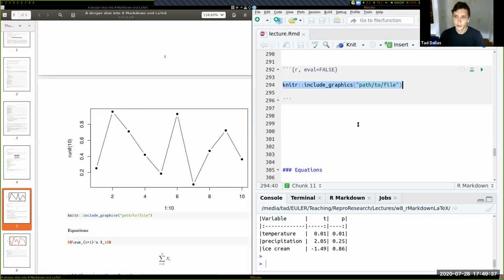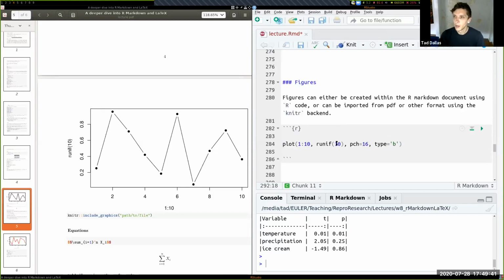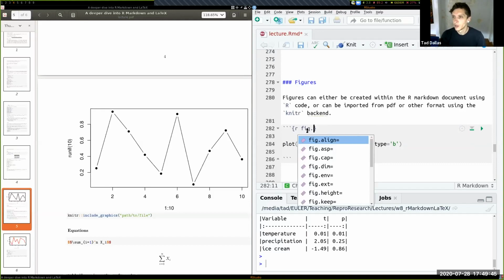All right, so figures, and then we can include things like figure captions, and specify different things about figure width. So fig has all of these options, which control how the figures output, what it looks like, et cetera, et cetera.